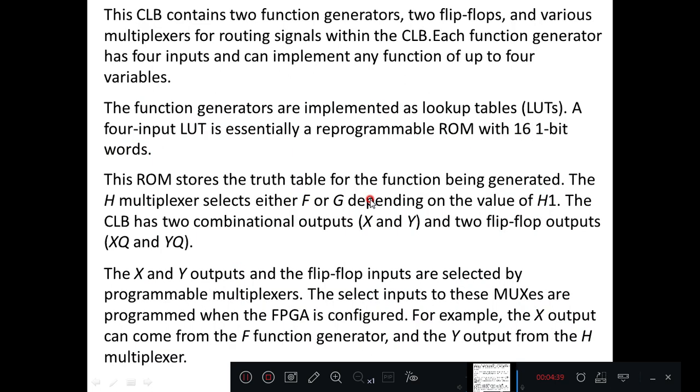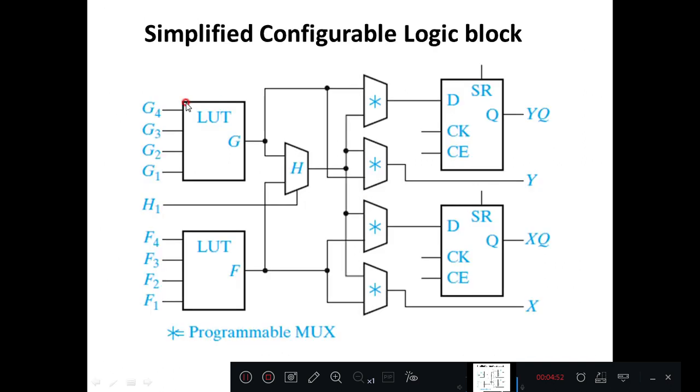The function generators are implemented as lookup tables. A 4 input lookup table is essentially a reprogrammable ROM with 16 1-bit words. That means G1 to G4 can have 0-1 combinations, total 16 combinations.